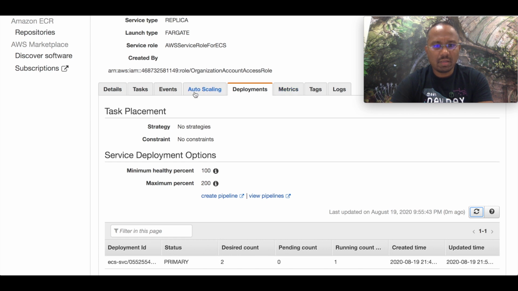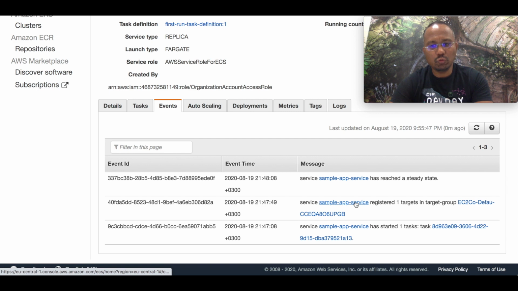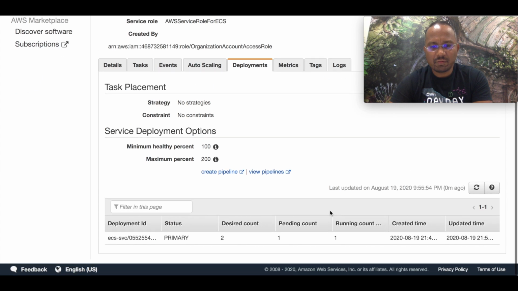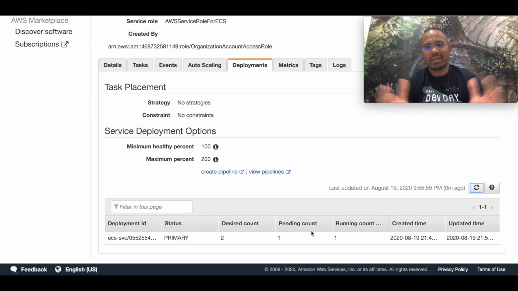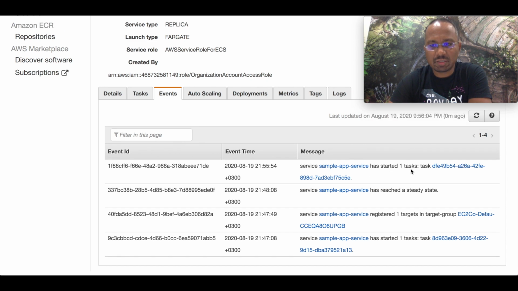Let's wait. And in events we also see once it comes, a new task will register with the sample app. Let's look at the deployment. So now we see one pending. Once it is up and running, you see a new task is started, and it will register.